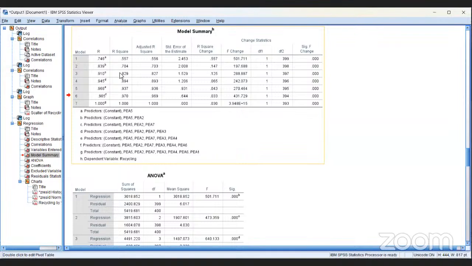Because your interest is to find out what are the strongest predictors, particularly for your